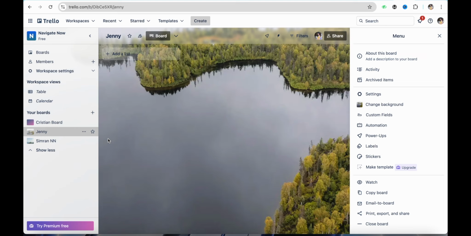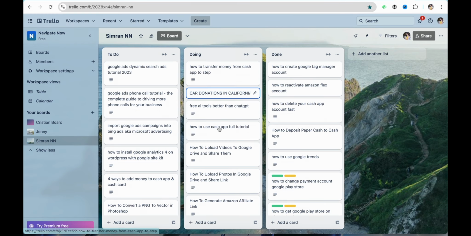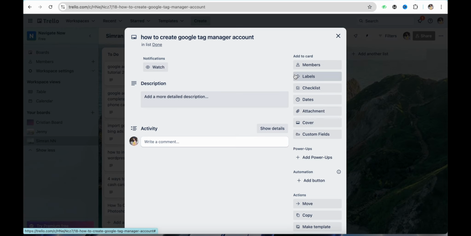So first of all, just simply open the Trello's official website, and after that just simply log into your account using your credentials. And once you have logged into your account, just simply open the card where you want to add checklist in the Trello. So for example, I want to add checklist in this particular board, in these particular cards that I have added